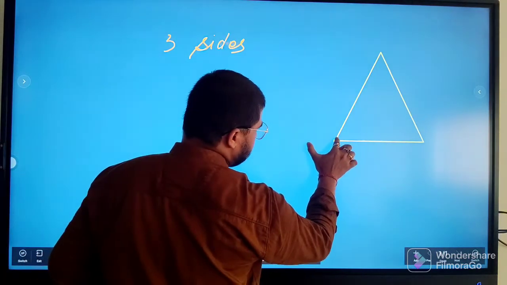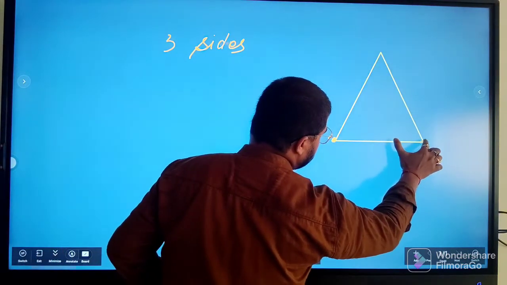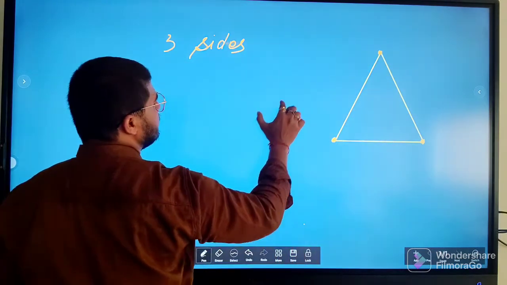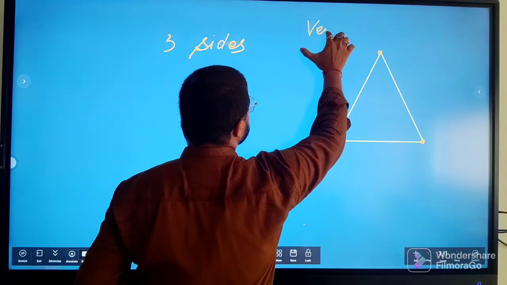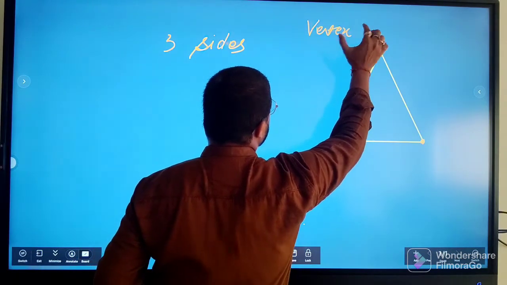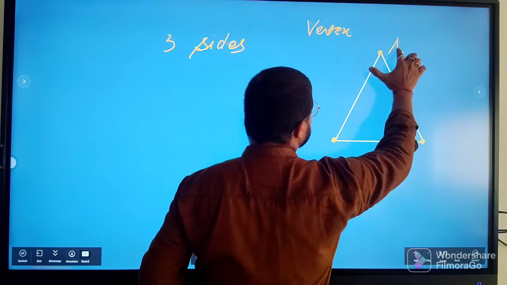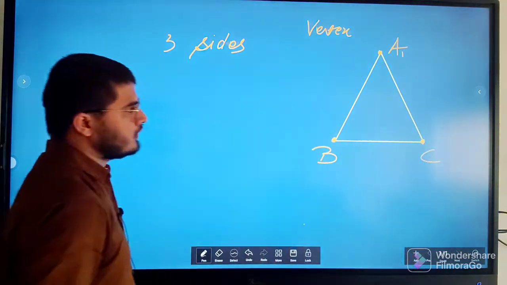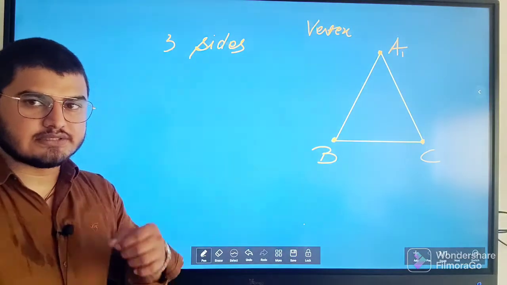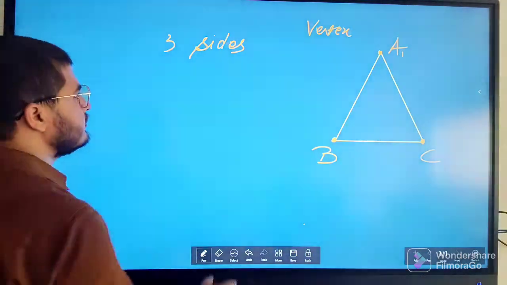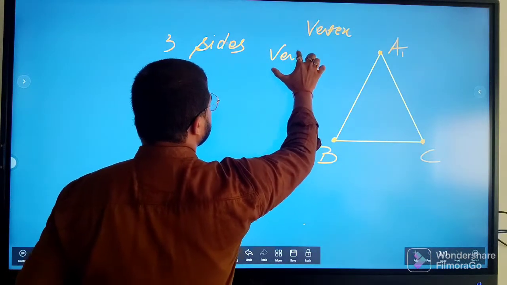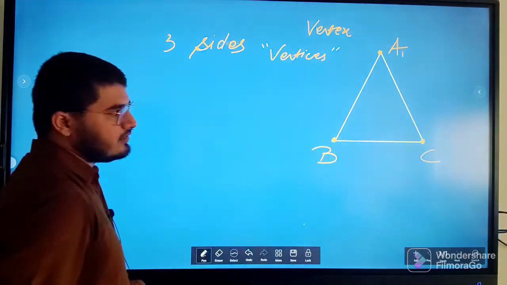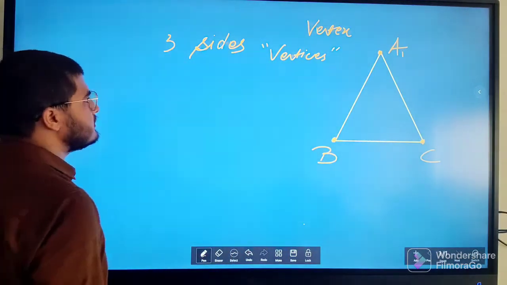And there are three corner points, which are called vertices. In singular form, it is called a vertex, and let us name these vertices. If we say they are A, B and C, then A, B, C are the vertices of the triangle. The plural form is vertices. So the triangle has three vertices and three sides,